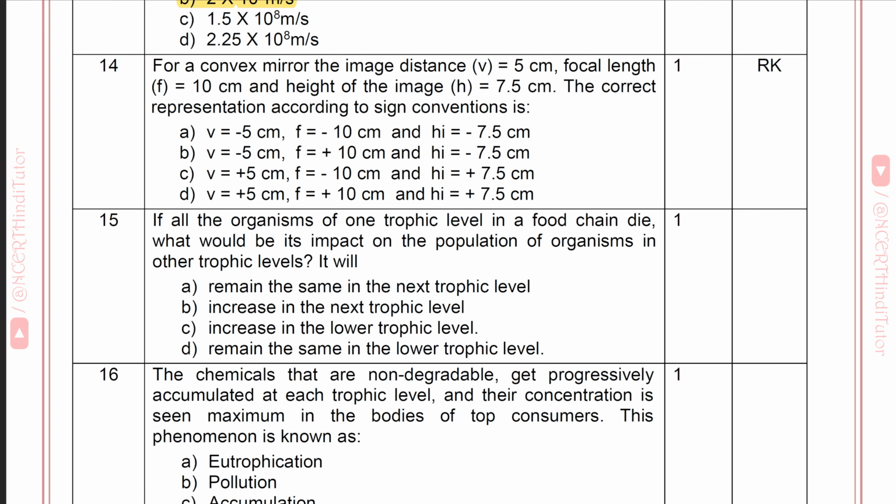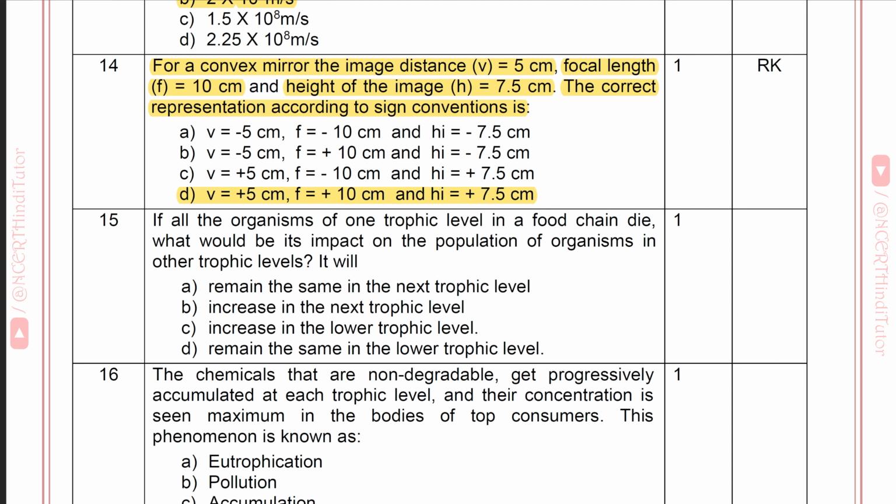Question 14. For a convex mirror, the image distance v is equal to 5 cm, focal length f is equal to 10 cm and height of the image h is equal to 7.5 cm. The correct representation according to sign conventions is answer D. v is equal to plus 5 cm, f is equal to plus 10 cm and hi is equal to plus